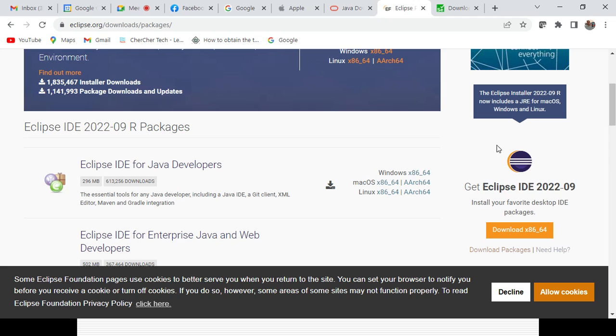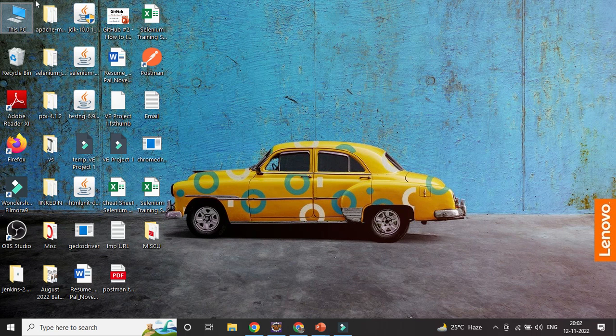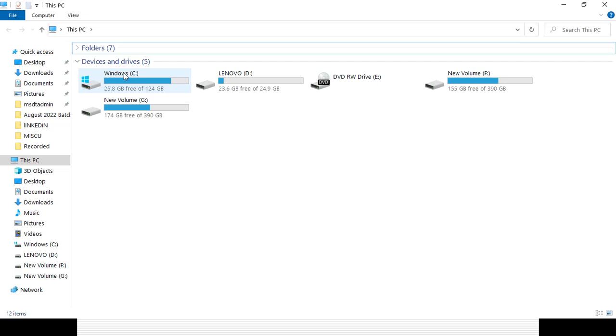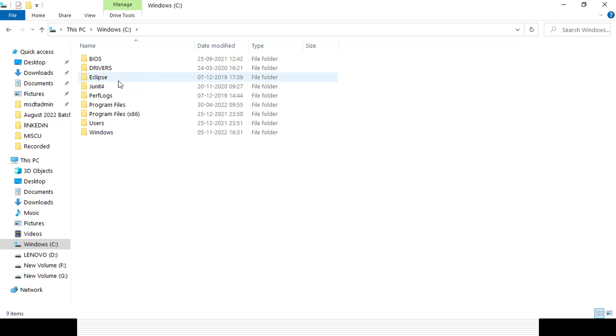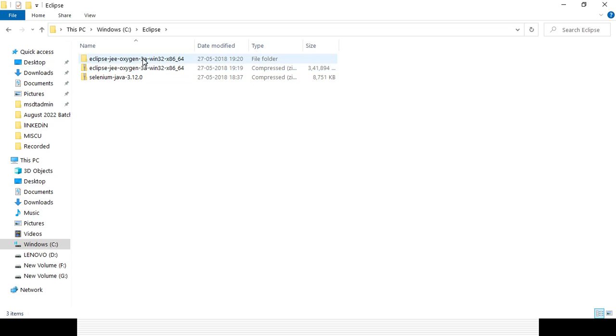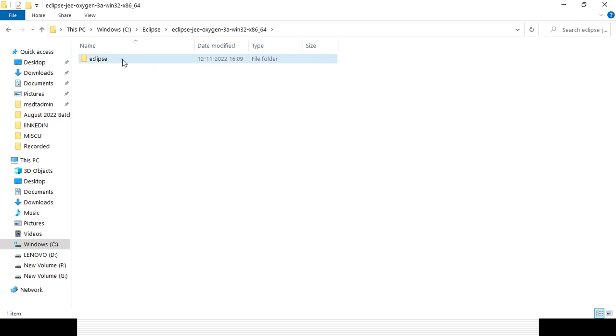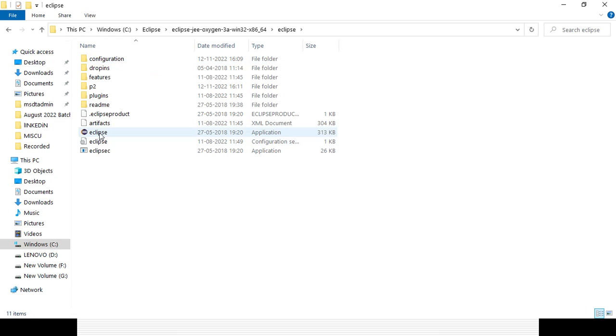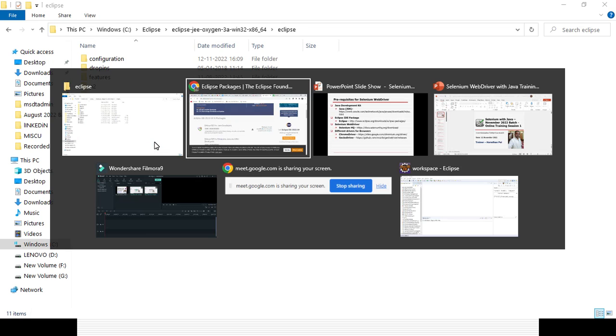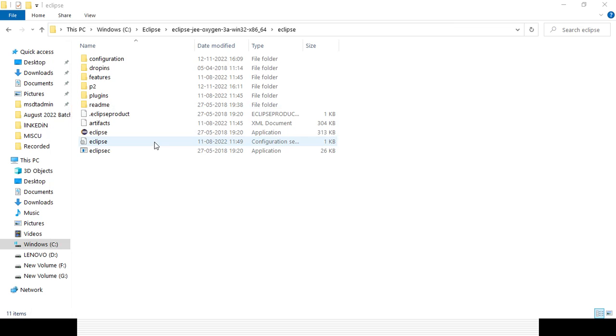Once it is installed, there will be a zip file, and then you can unzip it. If you go to the computer, it will go to the C drive and Eclipse. That is the zip file. I have unzipped it. That will look like that, any version. After that, you need to go to the Eclipse, and click on the Eclipse exe file. Once you open it, it will first prompt you to create a workspace. Once the workspace is set up, it will look like that, Eclipse.